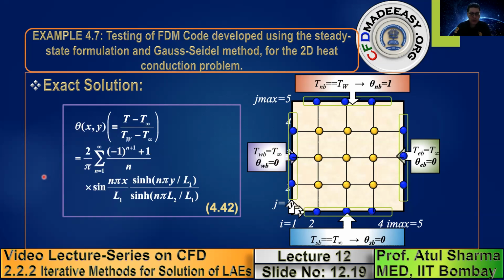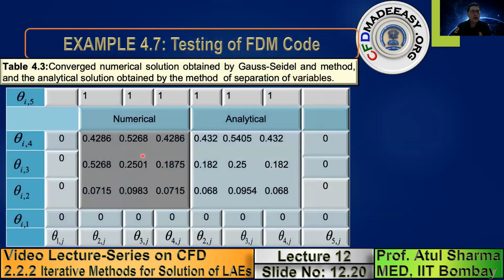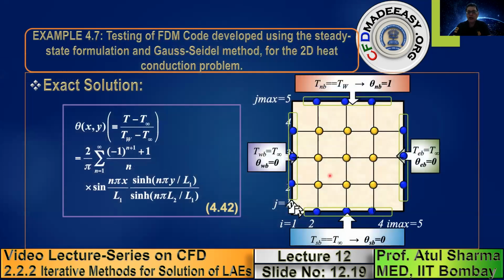So let us suppose you develop your own computer program and then you obtain the numerical solutions. Let me show you the grids which we are considering. This is the finite difference grid, where the grid points are shown by circles at the intersection of the horizontal and vertical lines. So here you have 9 yellow circles. The blue circle values you already know. On the left wall, bottom wall and right wall, the non-dimensional temperature is 0. For the top wall, the non-dimensional temperature is 1. By iterative solution, we will be obtaining the solution for these 9 yellow circle values, which are internal grid points.